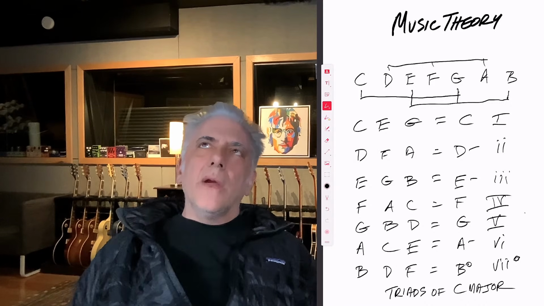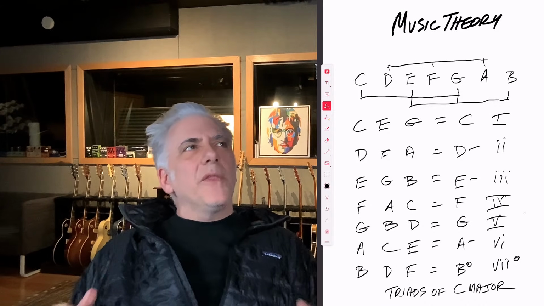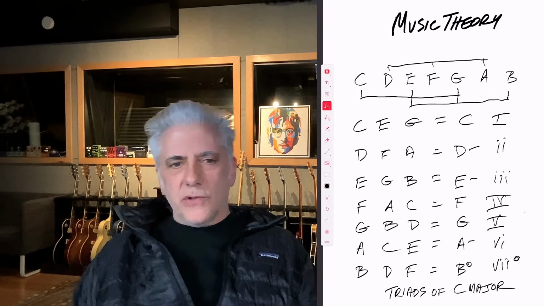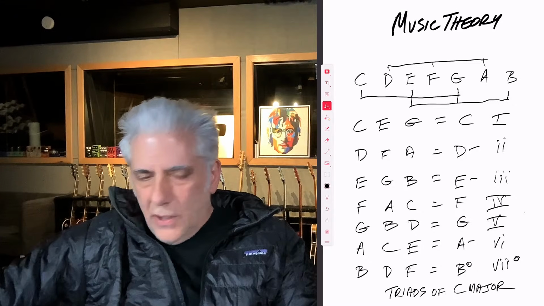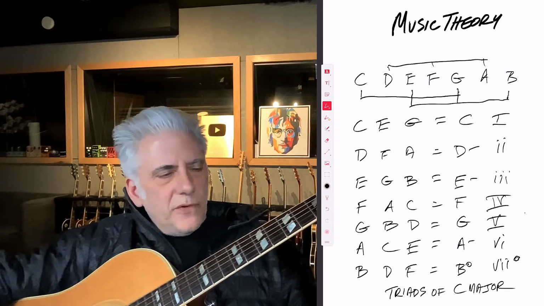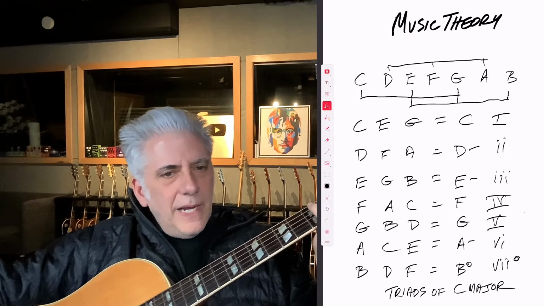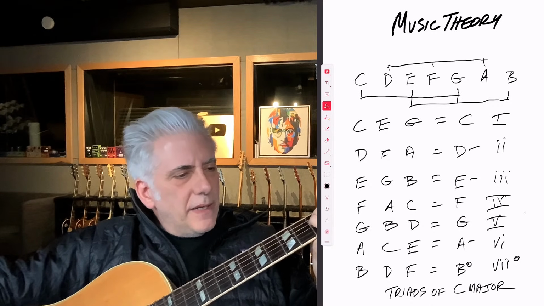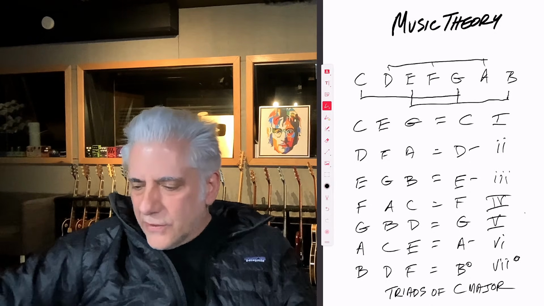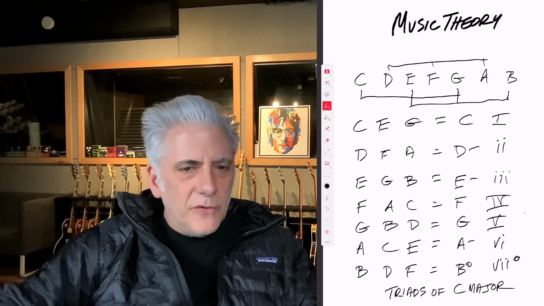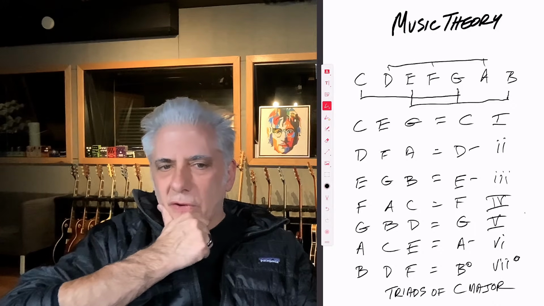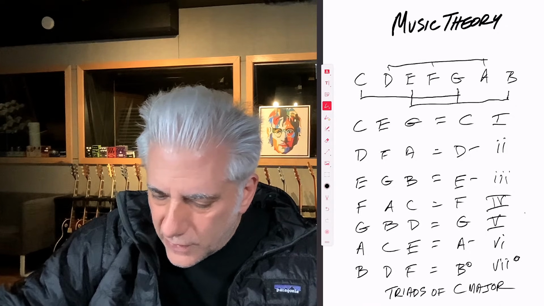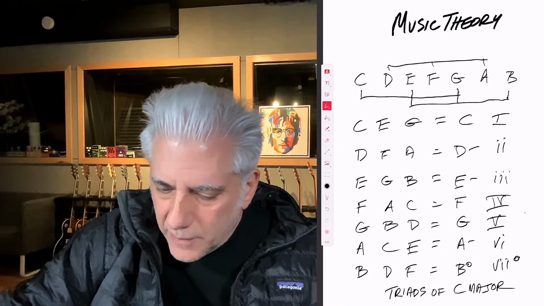Now, you say, okay, well, what good is this? Well, this is kind of the building blocks of chord progressions. If I have a song, and I look at this song, and it's C, F, G, A minor. Okay, C, F, G, A minor. So it's the 1, 4, F major is 4, G major is 5, and A minor is 6. I'm going to write this another way so you can see this. This is a better way to think about this.